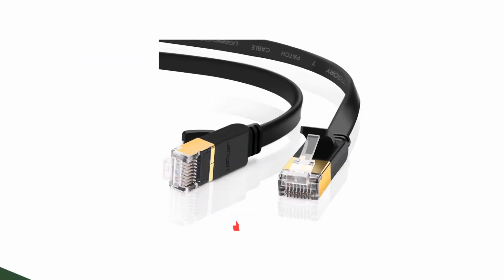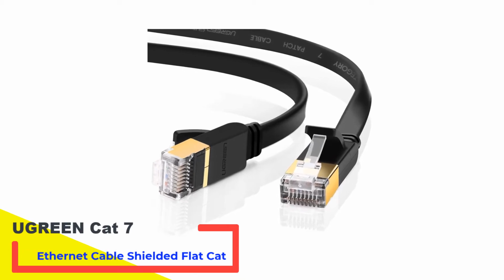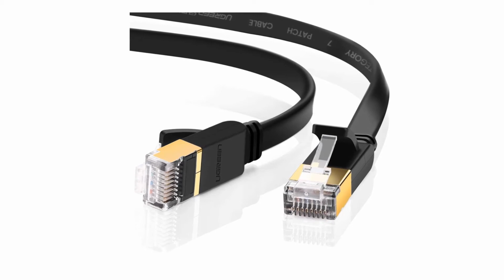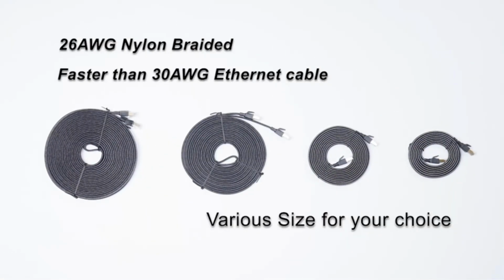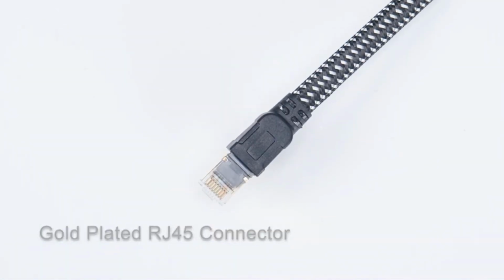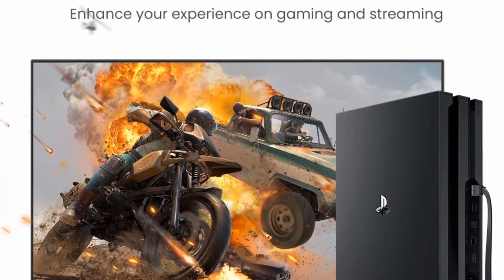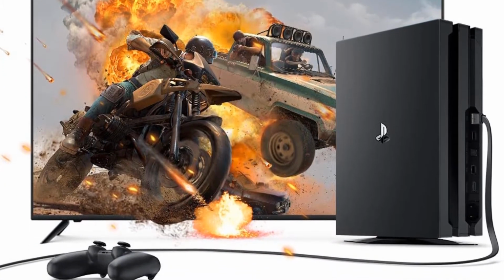Number 3. UGREEN Cat7 Ethernet Cable Shielded Gigabit Flat Cat. If you aren't ready to spend on a Cat8 Ethernet cable and your network requirements are not as demanding, UGREEN's Cat7 makes an excellent option. By comparison, it has a lower bandwidth, 600 MHz, and data speed, 10 Gbps, but it is a perfect choice for smart home applications. You can connect the cable to your modem, individual computers, and hubs on networks of all